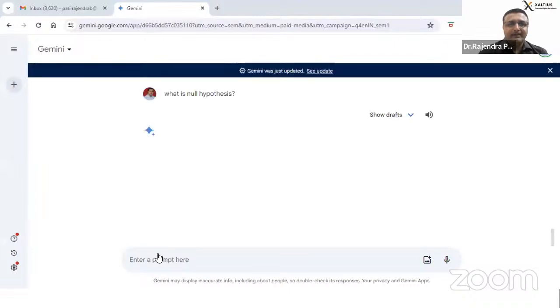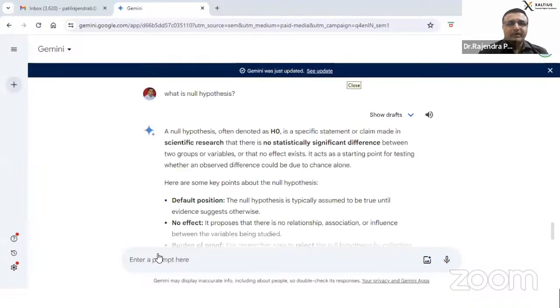Now as a researcher, you can start using such tools. Nowadays this is called Gemini. Hope you all are using it. How many of you are using ChatGPT or Bard?